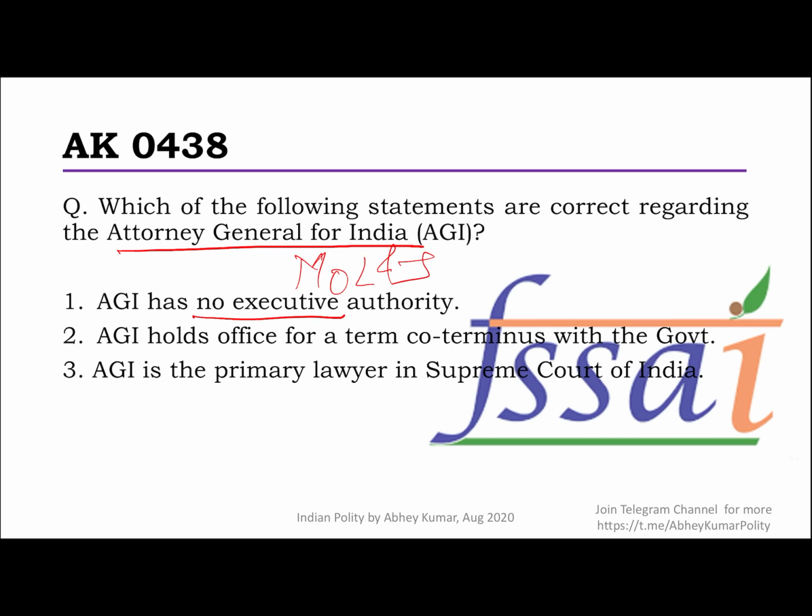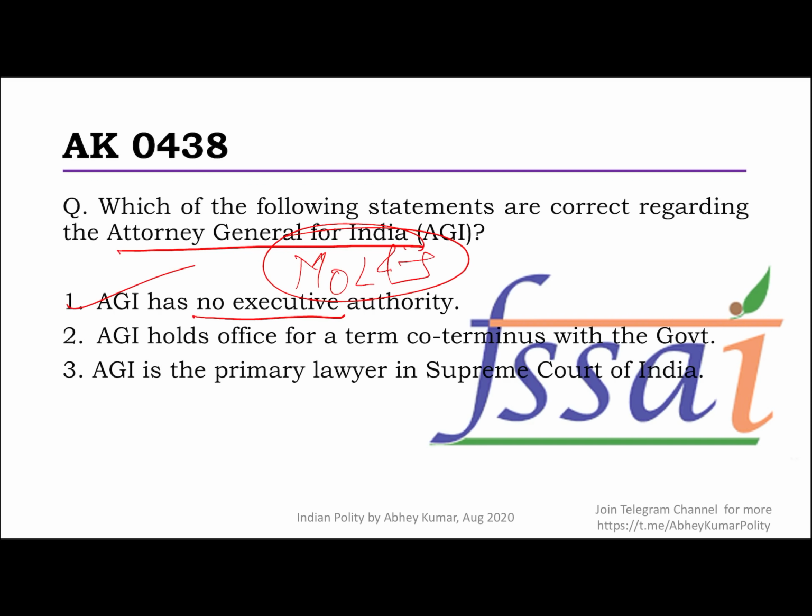And what do we mean by executive authority? There can be many examples, but just to help you understand, let us say the recommendation from the Collegium of the Supreme Court that is to be forwarded to the President for appointment of a judge, right? Or maybe an advice to the President to return the recommendation for reconsideration of the Collegium. All this is executive work, and this is through the authority of the Minister of Law and Justice. So yes, AGI has no executive authority. This is a correct statement.